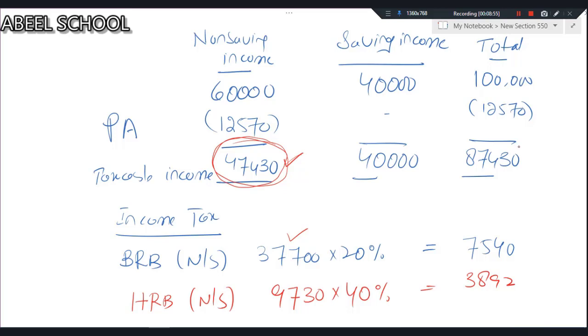The decision criteria is, look at this, where I just made a circle. The total taxable income, which is 87,430. Since this total taxable income is more than 37,700, this individual is a higher rate taxpayer. Repeat, how do we decide the tax paying status? We make this decision on the basis of total taxable income in the column of total. And total taxable income is 87,430. Obviously, it is far more than 37,700. So this individual is not a basic rate taxpayer. Logically, this individual is a higher rate taxpayer